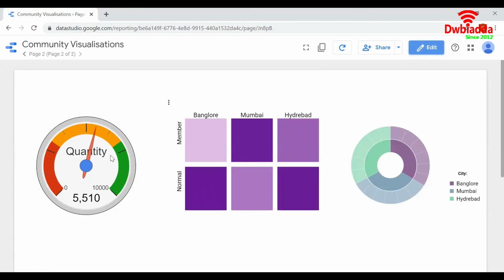So this is the sunburst chart. Here see the intensity of the color increases or decreases according to the values. And this, the green color shows Hyderabad here. We can see from the legend that Hyderabad is green, purple is Bangalore, and blue is Mumbai. And the second concentric circle shows the product line. That is, in Mumbai, the count for each product type.